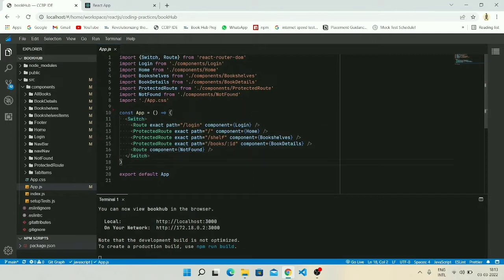If you see here, these three components are in the protected route. The protected route, in the sense, protects these three pages from unauthorized users. Without the username and password, they cannot access the home page and bookshelf page. So to achieve this functionality,